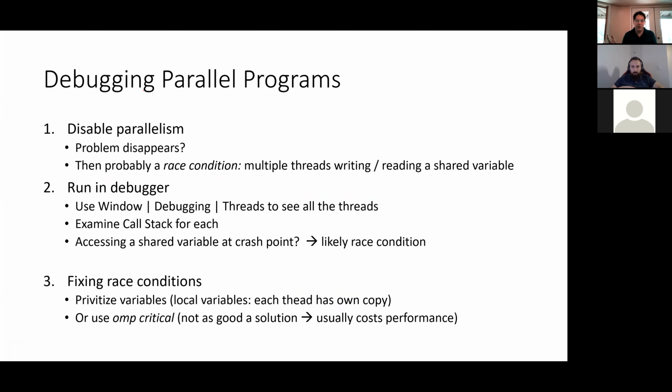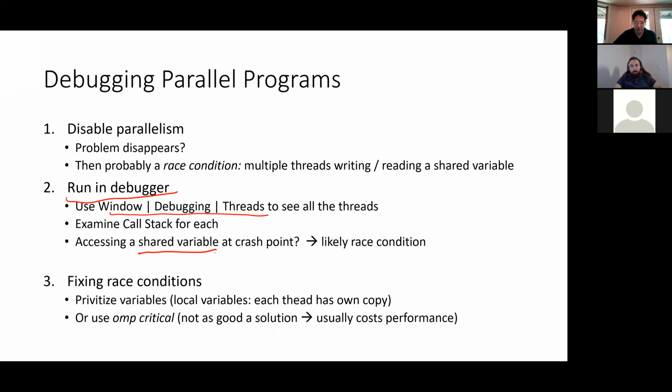A race condition is where you have multiple threads writing or reading. Well, at least one is writing, and then somebody else is reading it, or somebody else is also writing it. So when you have a shared variable, you can get these race conditions where multiple threads are trying to update it at the same time. I showed you how to do this. You can run in the debugger. You can use this threads window to see all the threads. Difficult to debug parallel programs, but if they're accessing a shared variable where they're crashing, then it's likely a problem